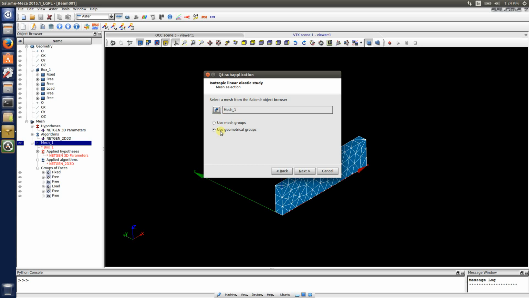And you have two choices here. And I feel uncomfortable about one only because I already moved the geometry surfaces into the faces in the mesh. So apparently you can use geometrical groups, which are back up there, or you could use mesh groups, which I did. I kind of like to do these. I have not even done the other one because I would like to separate the process and keep them separate. So if I go in and say I'm going to use the mesh groups, and he says next,